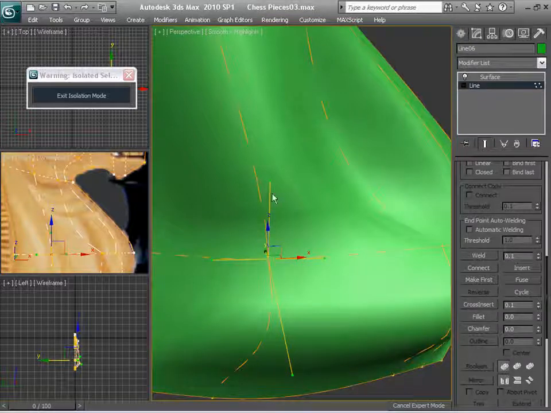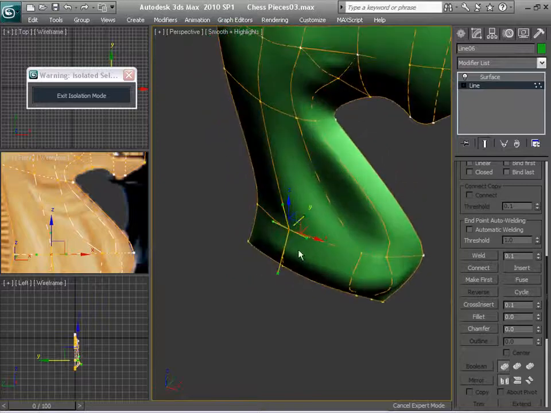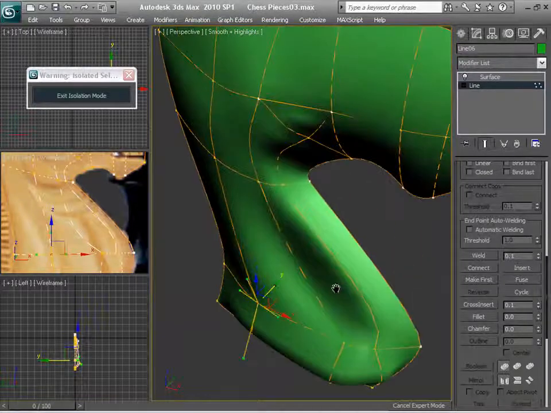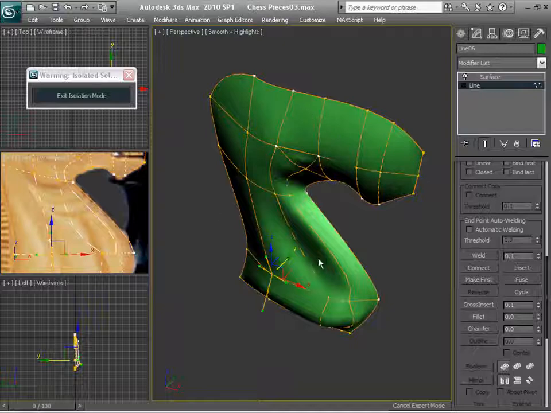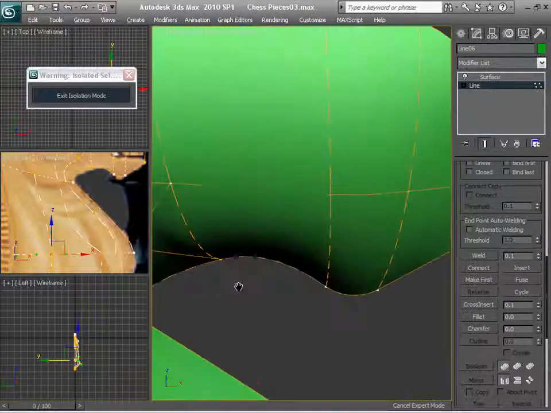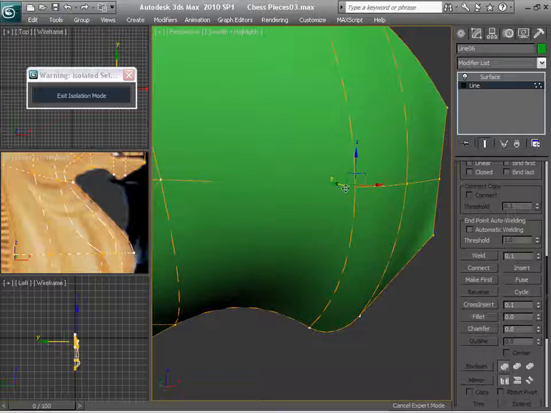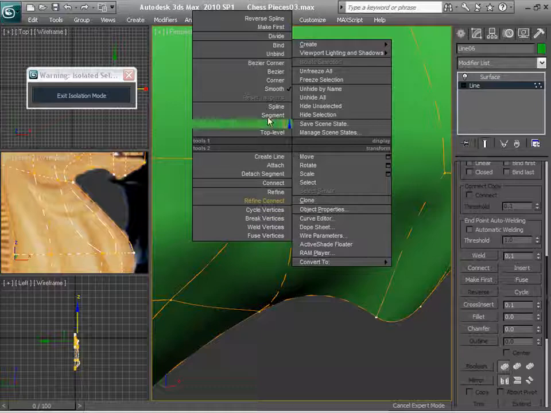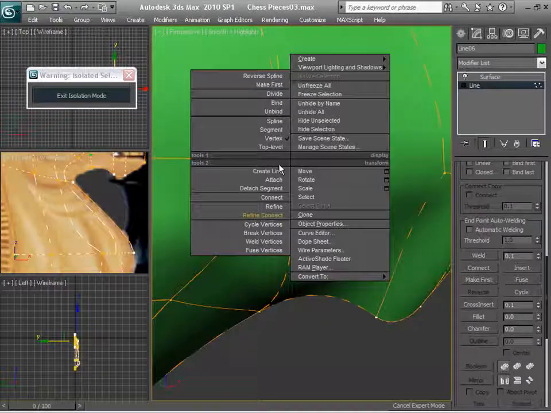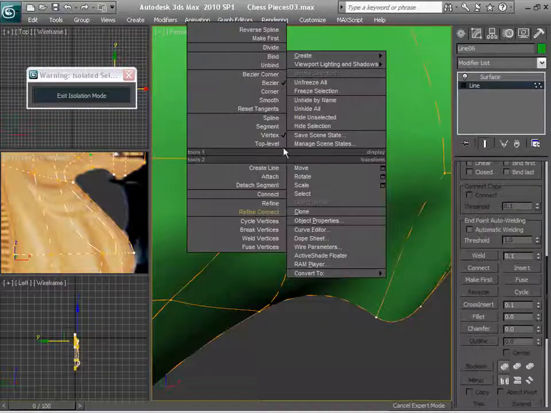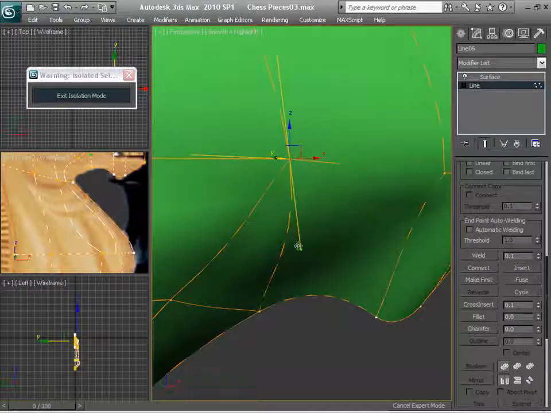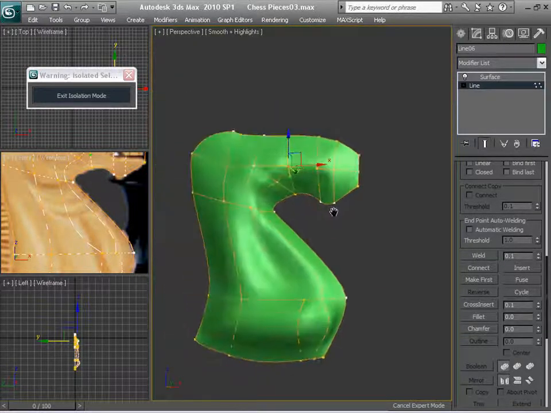And then, as I mentioned, you're actually modeling on patches, you're not modeling the whole object, but you're modeling one patch at a time. So with this in mind, let me just finish up by creating a little bit more detail. Let's go ahead and convert these to Bezier corners, and I'm just going to move up these handles until I get the image that I want. That's it. Let's just leave it that way